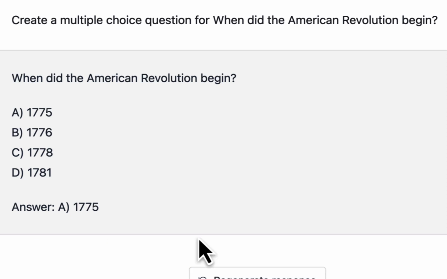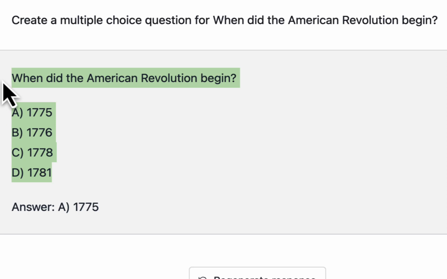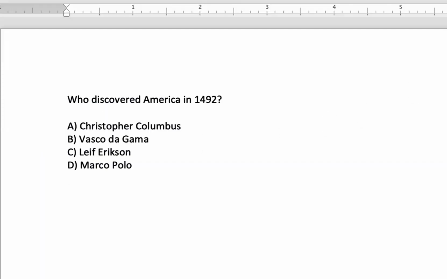So what you can do is click the regenerate response button if you don't like the choices it provides, and it will rephrase the question. But in this case, I like it, so I'm going to copy that question, switch back to Microsoft Word, go to Edit, go to Paste Special, and